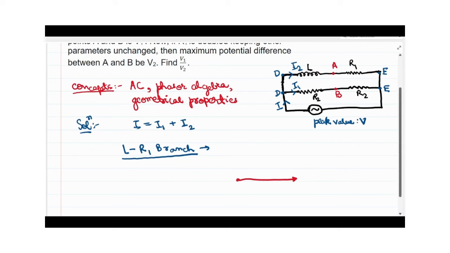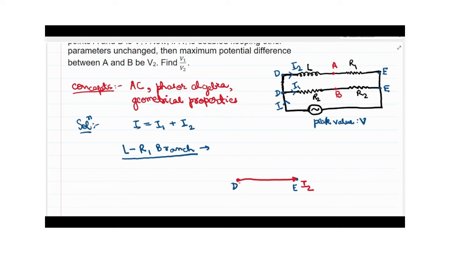Let us say this is I2, the phasor which is I2. So if this is the phasor, we can definitely say that these are the points D and this is the point E, right? So now what we do is, see, if this is the current phasor I2,